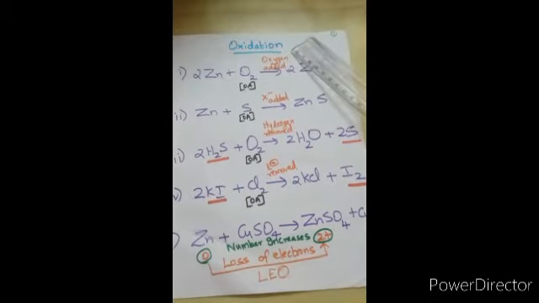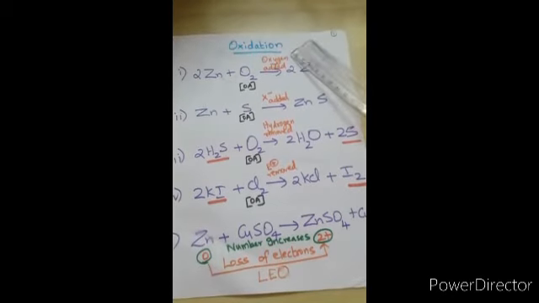In nature, we have seen many cases of oxidation. You cut an apple and keep it exposed to the atmosphere, you see that it changes brown. That is nothing but oxidation. Same way, iron when exposed to air and moisture gets rusted. That is also an example of oxidation. The food that we eat changes into energy by a process called oxidation.